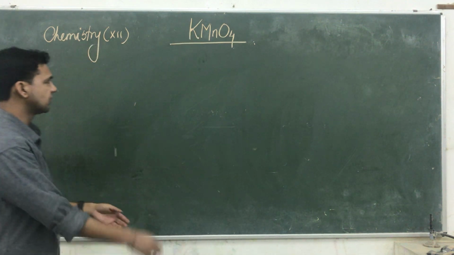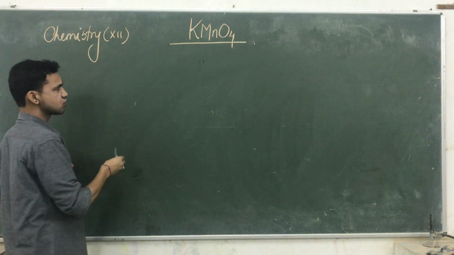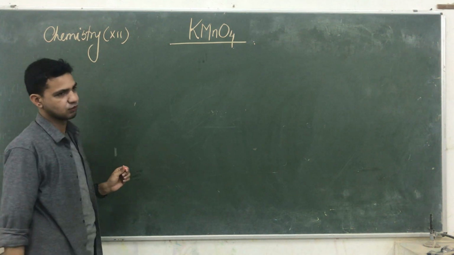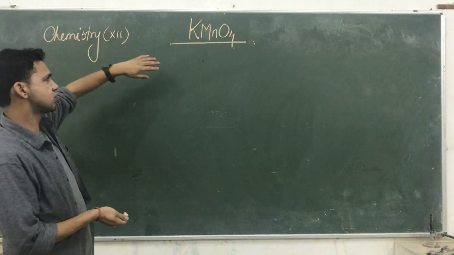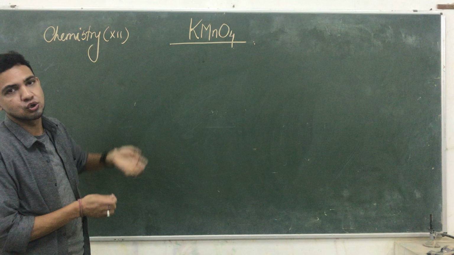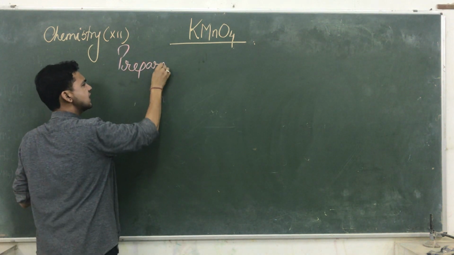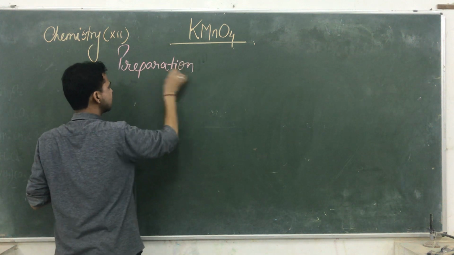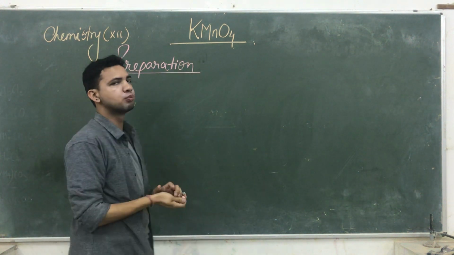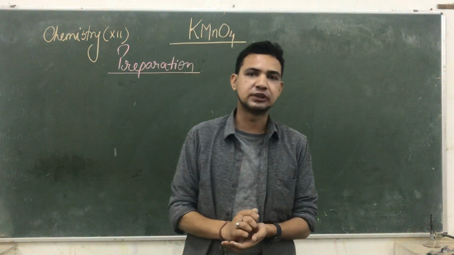So see what happened in case of KMnO4. If we are talking about its introduction, it is violet color crystals. It is generally used for the oxidation process because it produces nascent oxygen. So first of all we start with its preparation methods. There are lots of preparation methods, but here we are talking about two: a normal method as well as a laboratory preparation method.